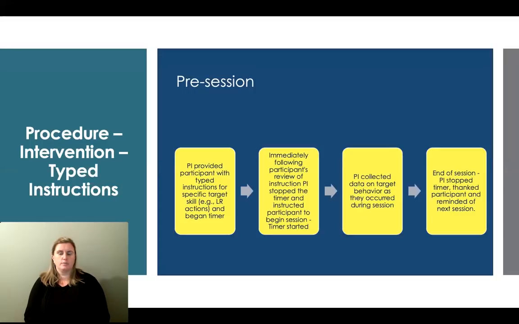So the main difference between the two specific training strategies evaluated was that one was provided following the observation, brief performance feedback, and one was provided before the observation, as in the case of behavioral skills training. And of course, following the specific training components of each.